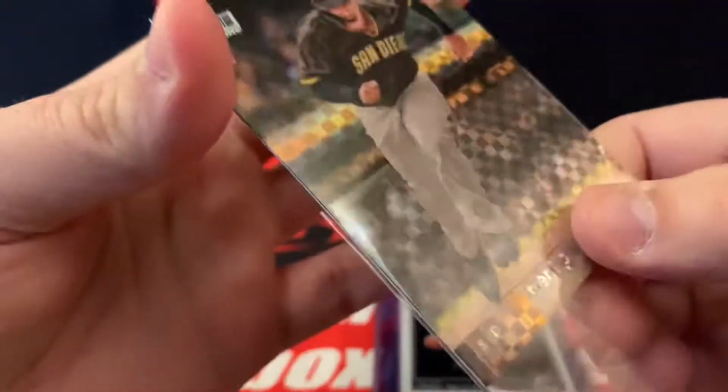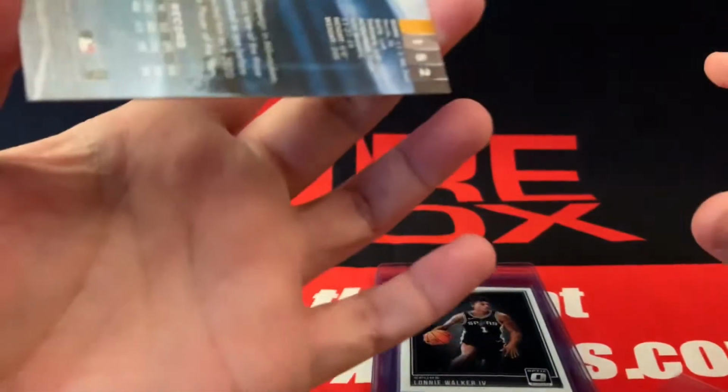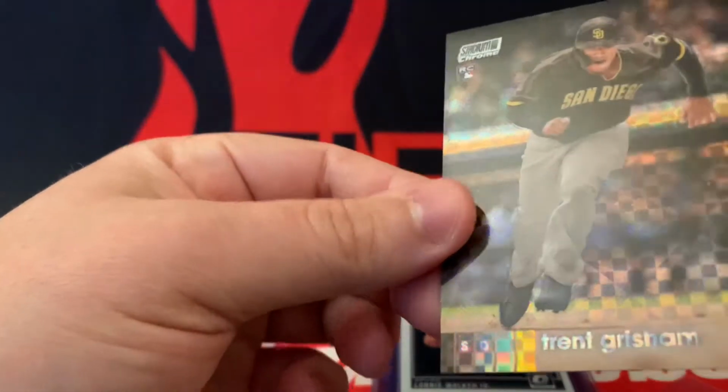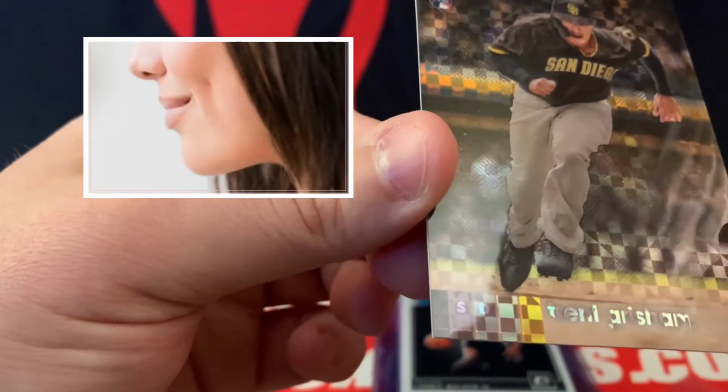First one is a Trent Grisham Stadium Club Chrome X-Fractor. Let's see, are these numbered? I can't remember. Doesn't look like it's numbered. But this card has a chrome dimple. We're very familiar with that. I mean, to some degree, it has